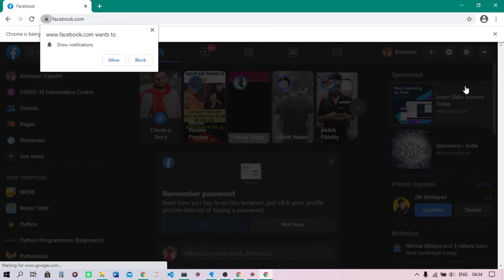The driver logged into Facebook. Oh, one issue is here. Google Chrome is popping up a message: allow Facebook to show you notifications. So this is the big issue we are always facing. This is a big error